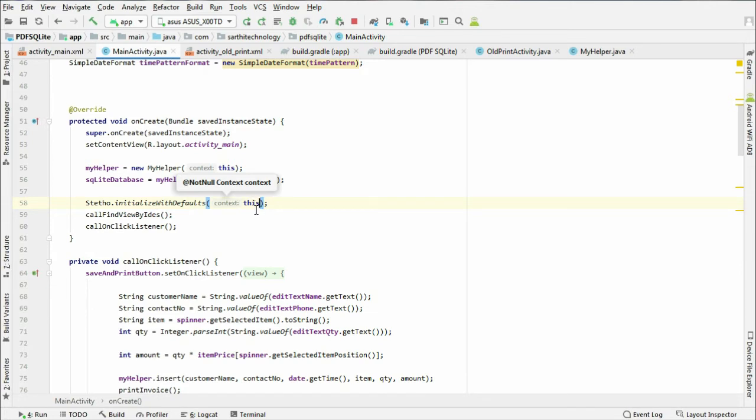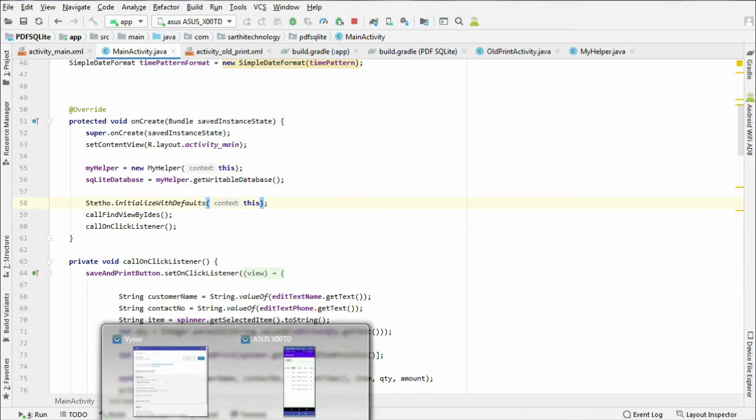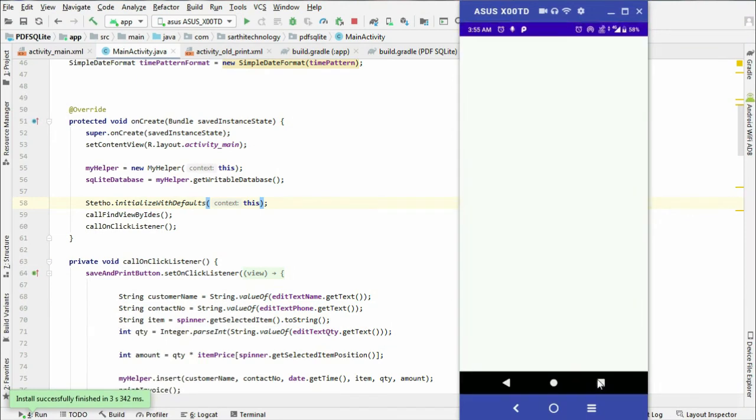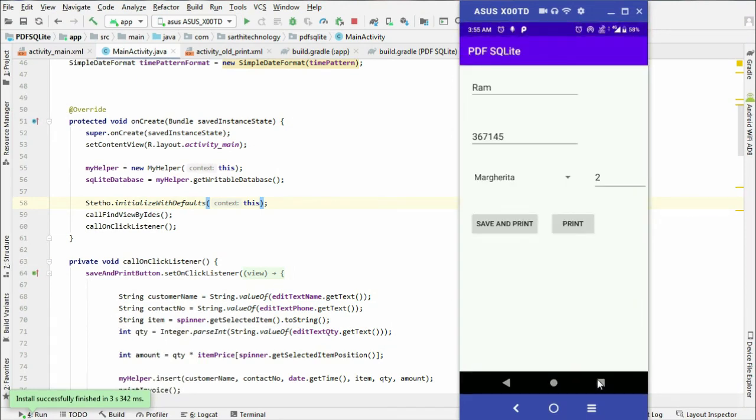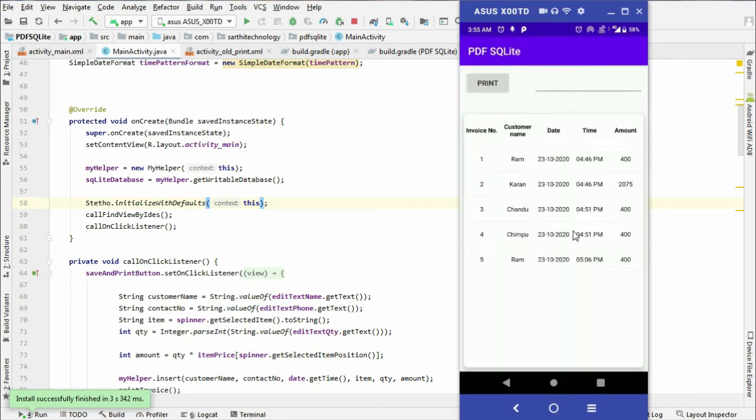Using this single line of code we can see it. So the next step is to run this project. Here you can see our project is running, and this is the database. Now you need to open the Chrome browser.